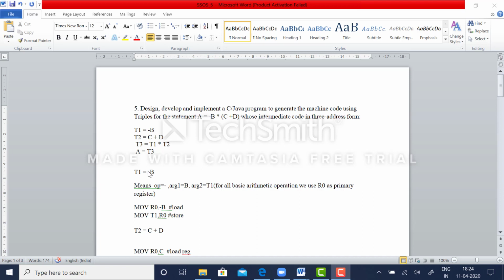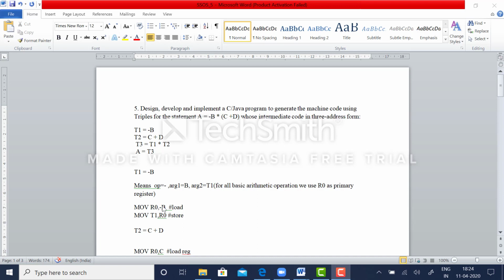So, for this particular triple, that is t1 is equal to minus b, it has to create a machine code or intermediate code, that is, this value minus b should be loaded into a register. So how can you do this? You are moving minus b into register R0.